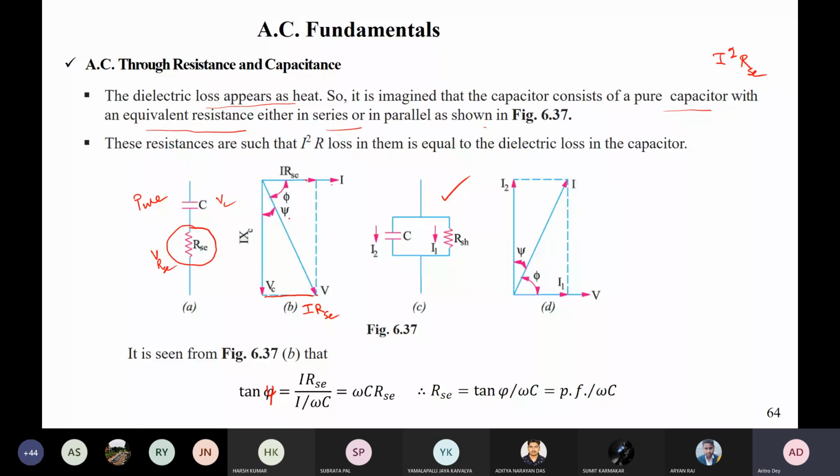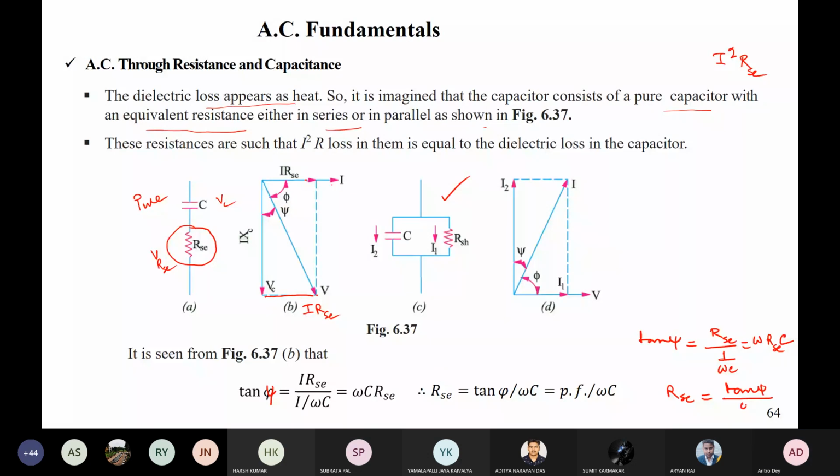And what is XC? XC is equal to 1 by omega C. So you can get tan psi, which is equal to R_AC divided by 1 by omega C. So you get omega R_AC into C. Okay. So we can write then that R_AC is equal to tan psi